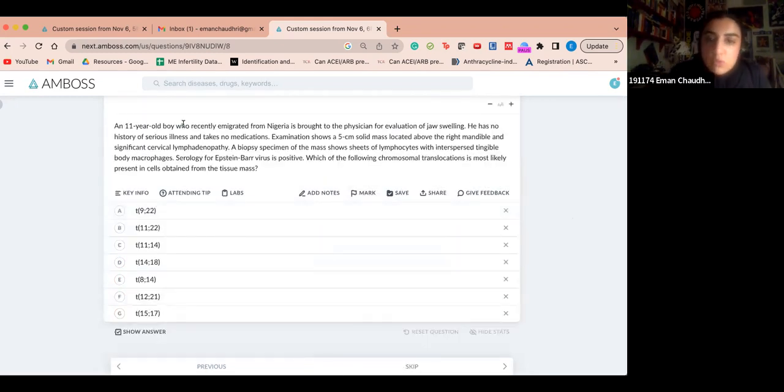Easy. An 11-year-old boy, immigrated from Nigeria, brought to the physician for evaluation of jaw swelling. What's ringing in your head? Nothing new. Say Burkitt's first. Okay, good. Burkitt's, yes. So a 5 centimeter solid mass, mandible, cervical lymphadenopathy, biopsy of the mass shows lymphocytes interspersed with macrophages, cool. EBV positive serology. You guys guessed it, yes, it's Burkitt's, and the translocation is, like you guys said, E, translocation